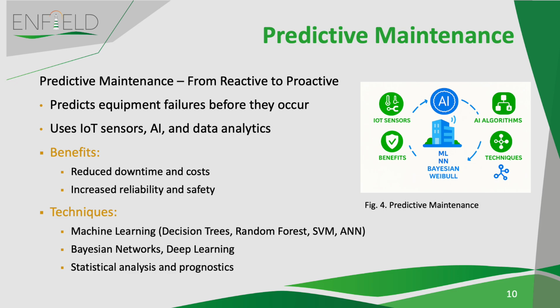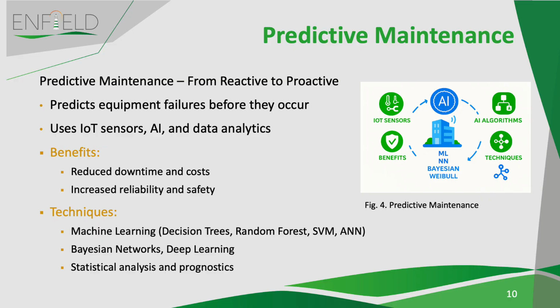Sensors collect data on temperature, vibration, energy use, and other performance indicators. AI algorithms then analyze this data to identify patterns that signal wear or degradation. The benefits are huge: reduced downtime, lower maintenance costs, improved safety, and better resource planning. For example, if a motor shows vibration patterns that historically precede failure, the system alerts the maintenance team before the breakdown